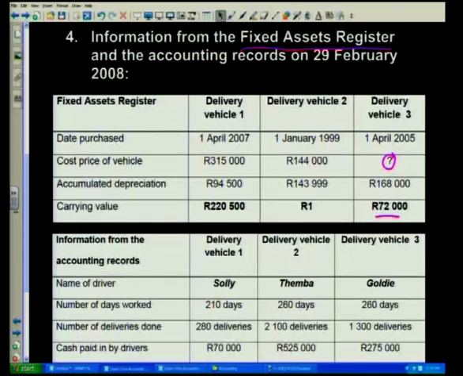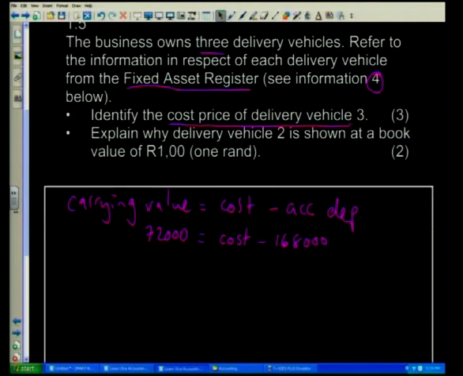The 168,000 I've taken directly from here. So that makes it very easy to calculate the cost price. We just have to solve this equation. All we will do is we'll take the 168,000 over, and that will mean that the cost price is equal